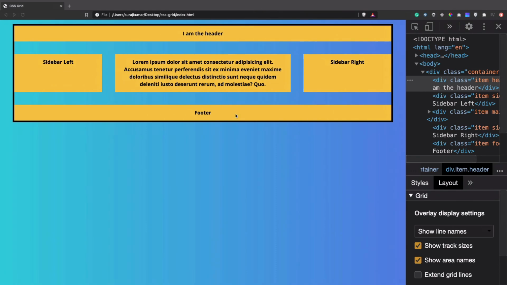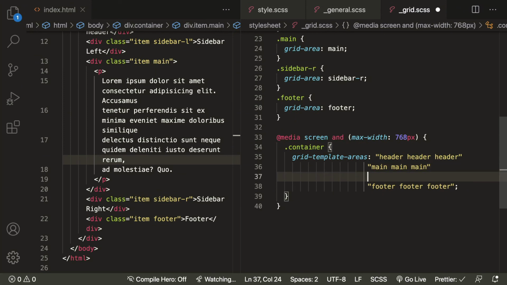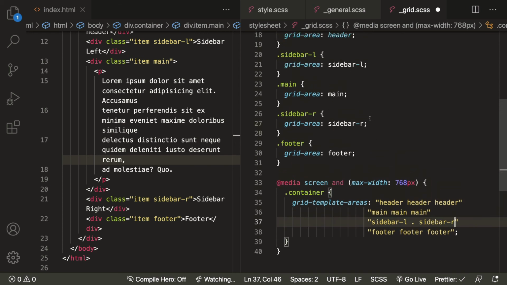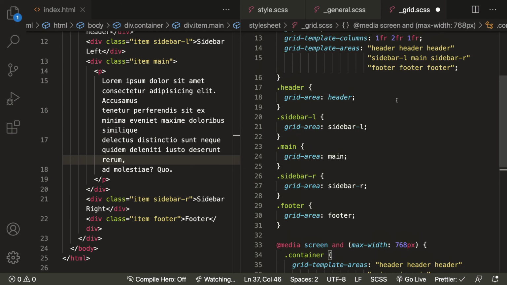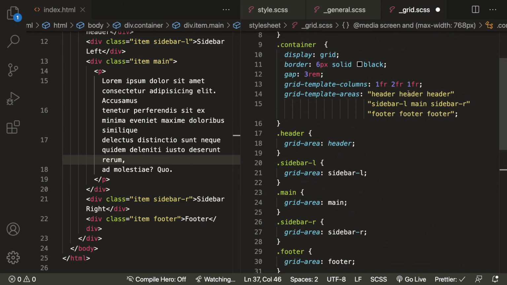Header, header, then main, thereafter sidebar left and sidebar right. Sidebar L, let's keep the middle part empty, then sidebar R, thereafter footer, footer is perfect. So we have renamed our areas. This will work for the mobile view according to these areas, and for the desktop or larger view we'll be working according to these areas.